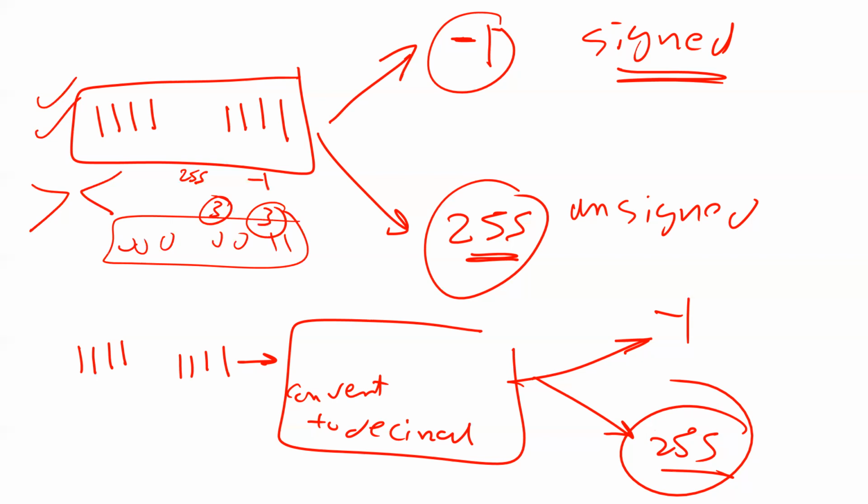Clear? Okay. So again, I'm going to repeat it for the last time. The computer does not know if a number is signed or unsigned. This is something you should consider when you write your program. You have two different algorithms, two different programs: one to convert to decimal for signed, and another one for unsigned. Also, if you want to do comparison between numbers, you have two instructions, one for signed and one for unsigned. So this is something you consider when you write your program.